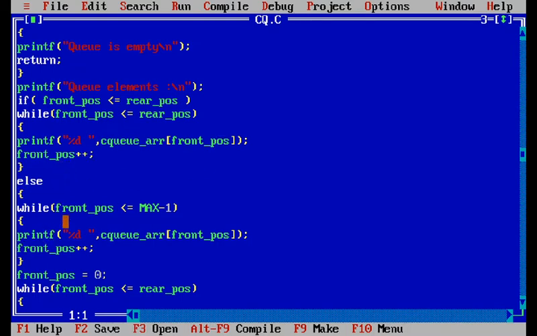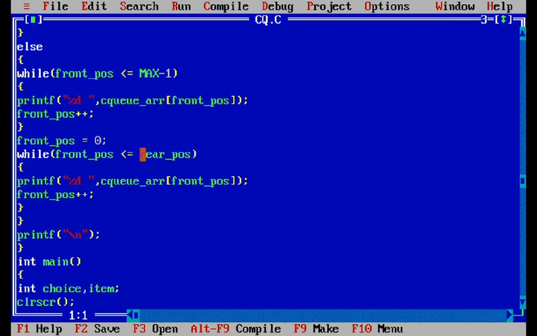Else, while front POS is less than MAX - 1, we again print CQARR of front position and increment front position by 1. Now we assign front position equal to 0, and while front position is less than or equal to rear position, we again print CQARR of front position and increment it by 1. So this is the display function of the circular queue.